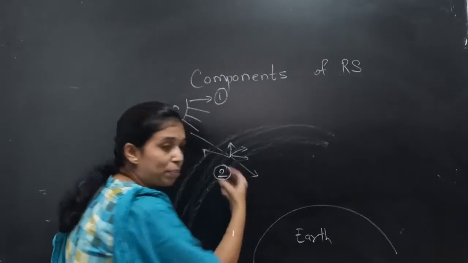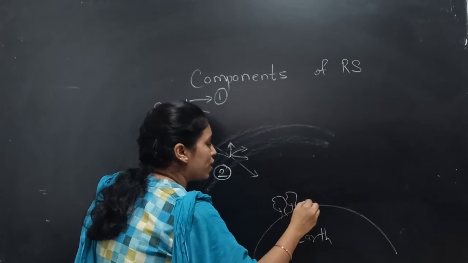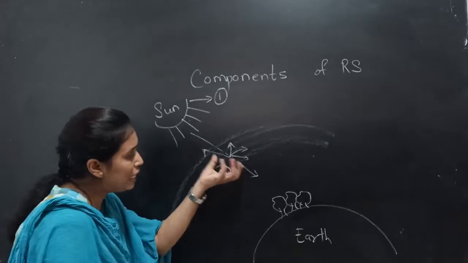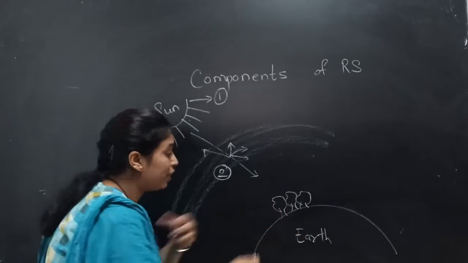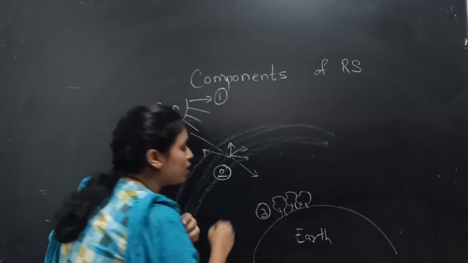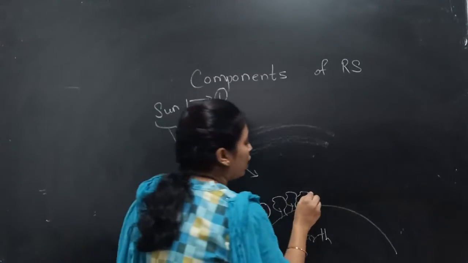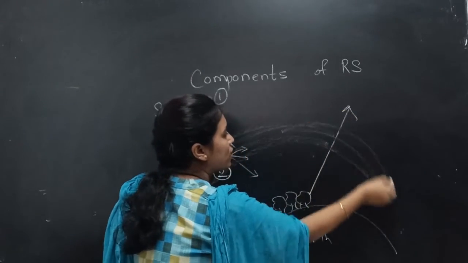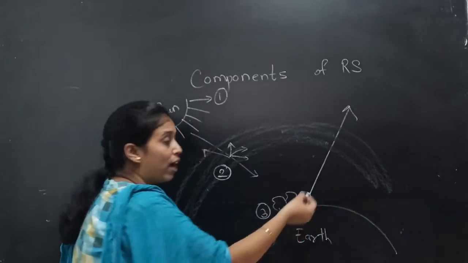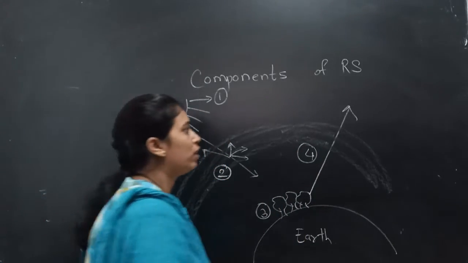So this is the second component. When you have to capture the image, for example we are capturing the image of a forest area, when these radiations reach the object and interaction takes place, this is the third component. After that, when this radiation goes back to the sensor, passing through the atmospheric layer again, at that time we are studying the fourth component.